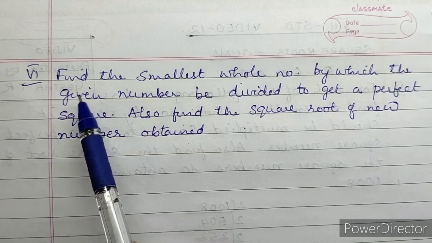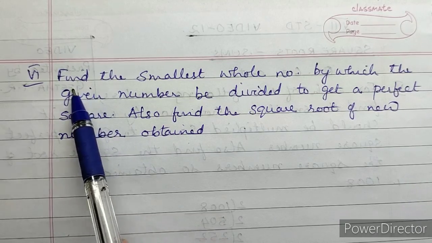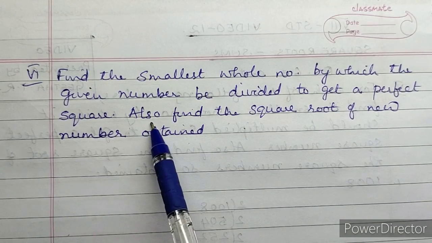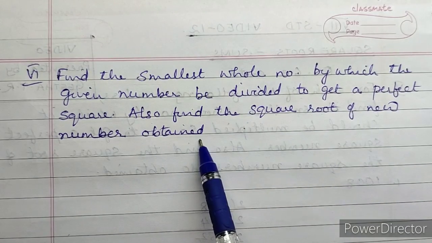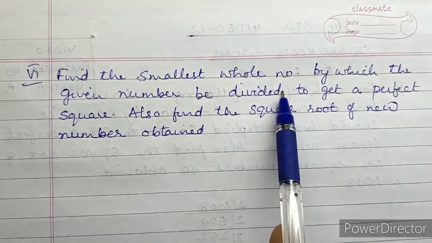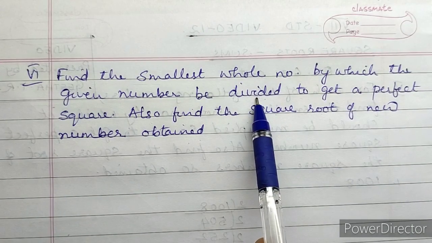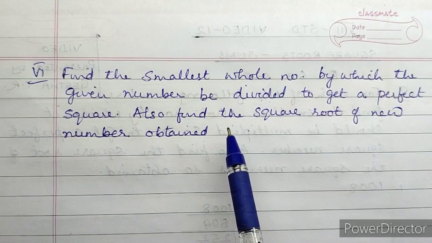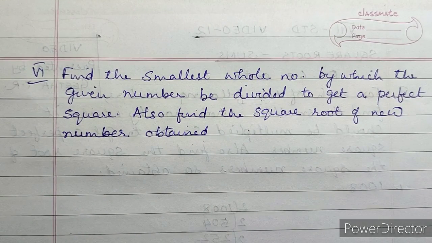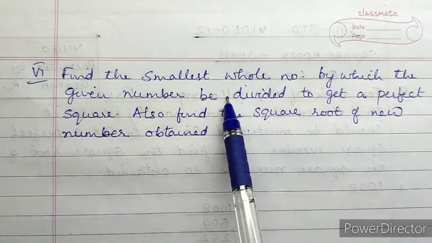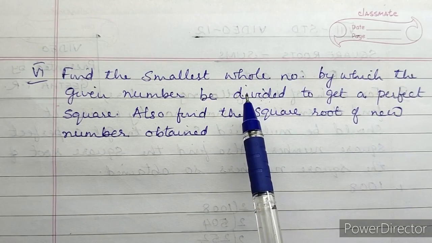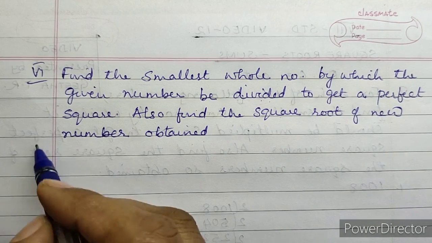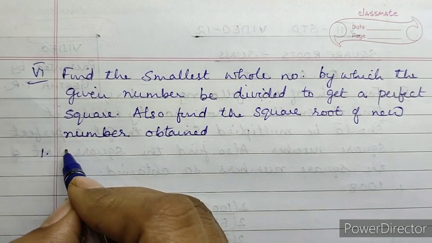Next, similar type only, one slight change. Find the smallest whole number by which the given number be divided to get a perfect square. Also find the square root of the new number obtained. So here, in the previous sum, instead of divided by, it was multiplied by. So that extra number you have multiplied one more time, but here you have to divide, means that extra number you have to avoid to get the new number. So I will show you one example, one question. It is